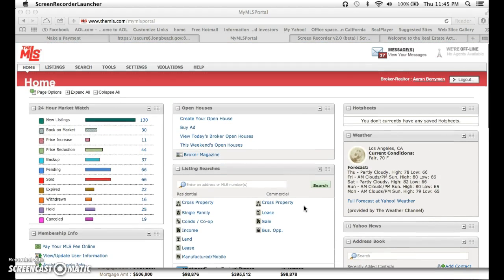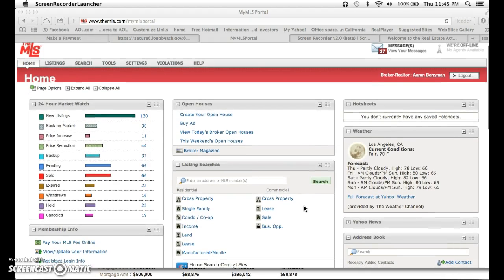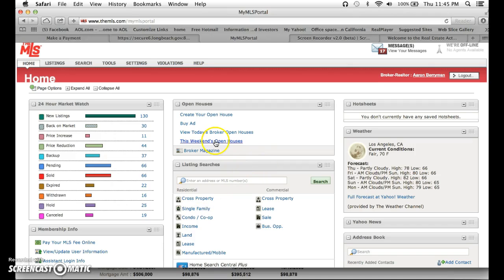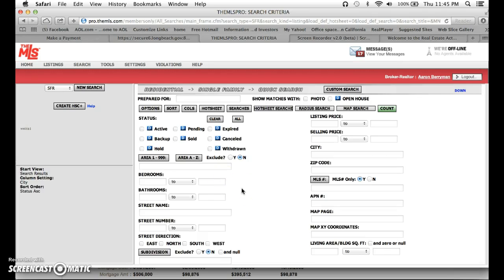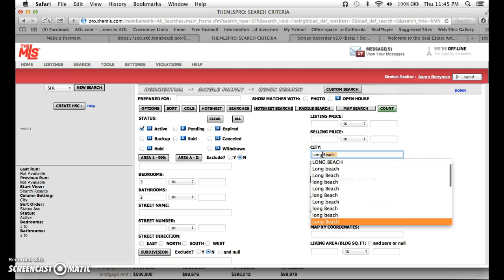So what we're going to do is select the type of property that we want to conduct a search for first and foremost. So let's go to single family property. And now we would simply conduct our search. So let's say we want to look for active properties with at least 3 bedrooms and at least 2 baths, and we want them all in the city of Long Beach,